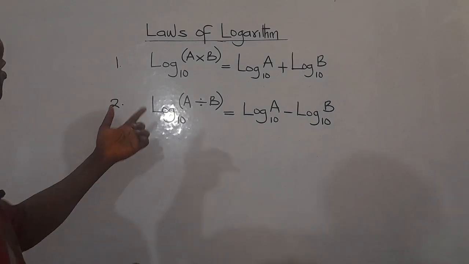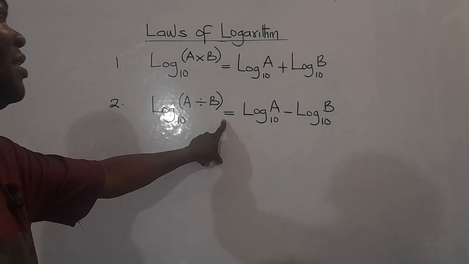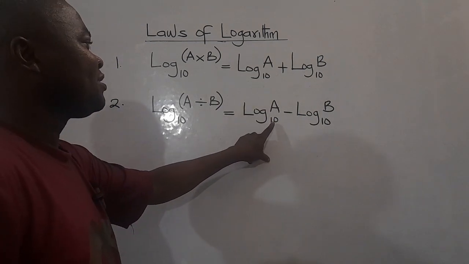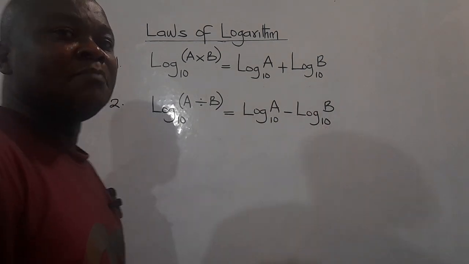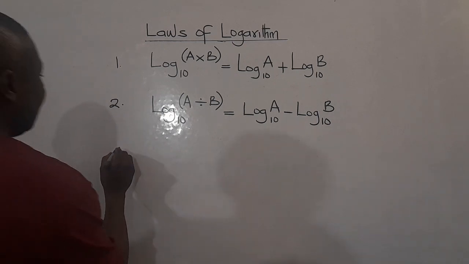Second law is that log a divided by b base 10 is the same thing as log a base 10 minus log b base 10. We go to the third law, which gives us this: that when you have